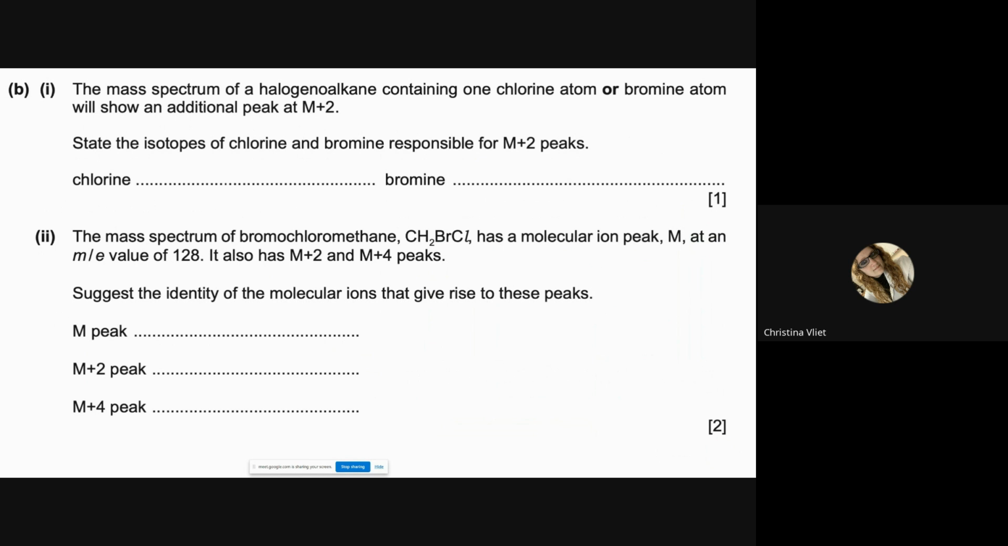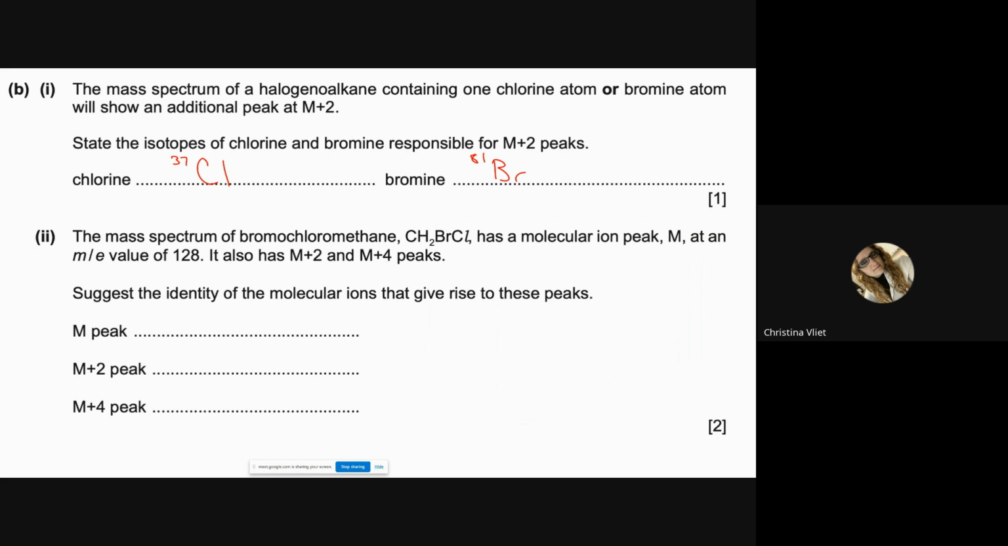The 2 options are 35 and 37. Which one's heavier? 37. So the way you should write it is Cl with the 37 up there, where the mass or the nucleon number should be. And then for bromine, what's the heavier one? And so you would write that. Okay. So next thing they tell you, the mass spectrum of this molecule